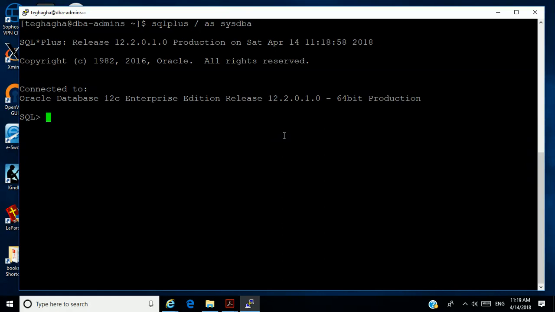So I'm going to map that directory that was created on the Linux machine to a directory object in the database. Okay. So I'm going to say create or replace. Now, when you say replace, it means that if you already defined the directory before, it's going to replace it with a new path that you put.